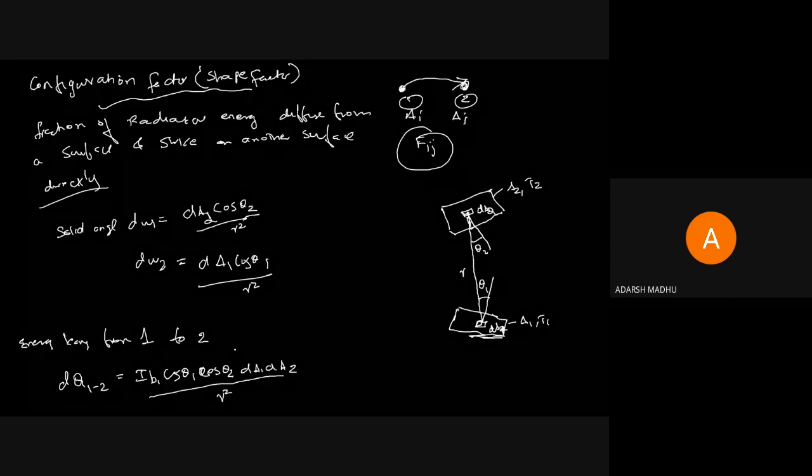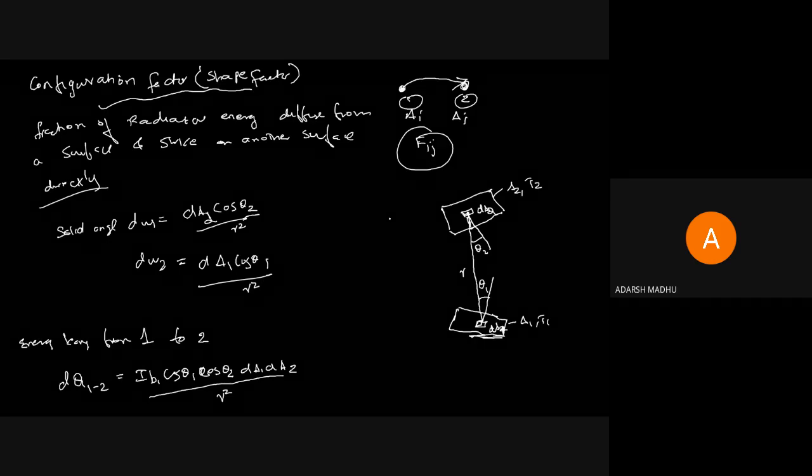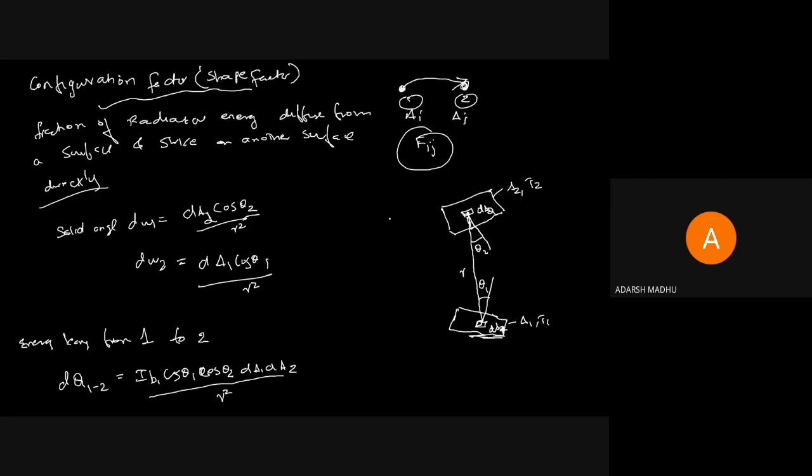And there will be reflection, that is, some energy is reflected back from body 2 to 1, the energy absorbed by the element dA2. Since both surfaces are black, we are taking both surfaces as black surfaces. So we can consider both directions. We first took 1 to 2, and we can take 2 to 1 as well. Both are black bodies and both will emit radiation. We can not only choose the radiation from 1 to 2 only, we can also take the radiation from 2 to 1.